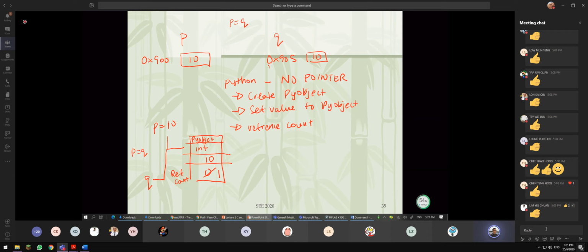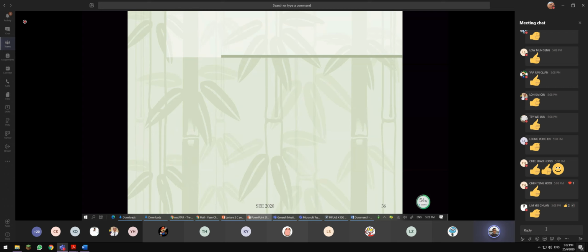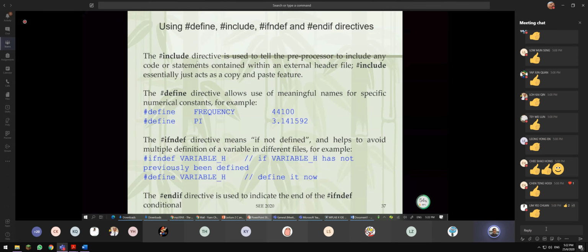Okay, for your information, that's the reason when you're dealing with something very complicated like deep learning, like neural networks, or all these things, it becomes quite straightforward. You don't need to go down to the low level. Okay, let's move on. Some other very simple things in C